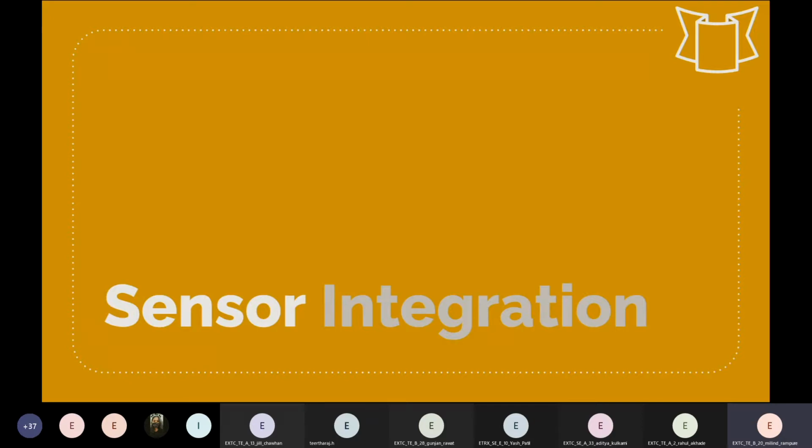For example, a smoke detector has a sensor inside it which senses the smoke or the fire, and that triggers the alarm in the fire detector system.